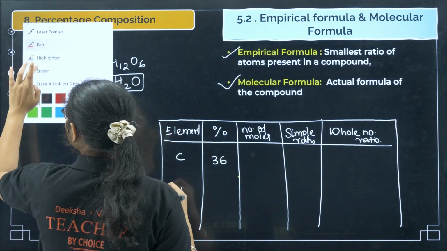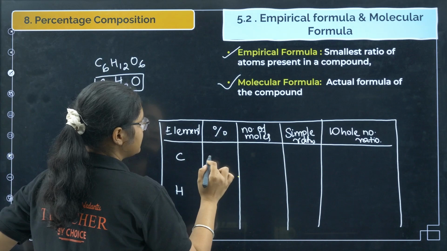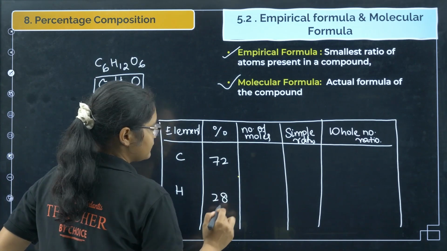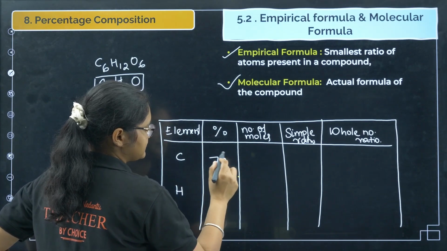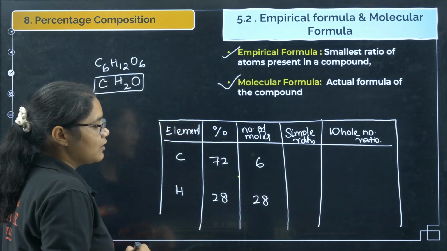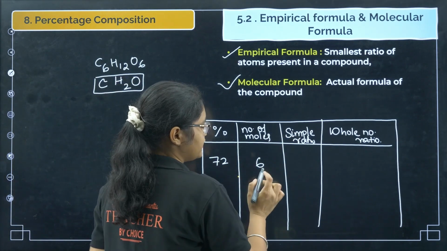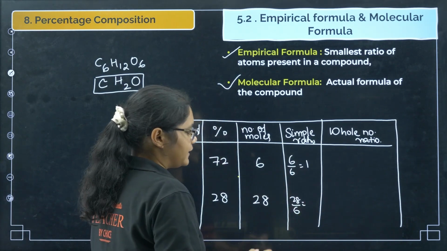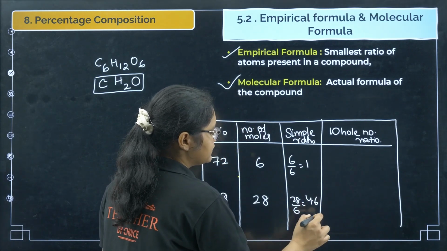Sorry, not like this, one second here. So for example, in some element carbon is present 72% and hydrogen will be 28%, right? Now what is the number of moles of carbon here? So carbon molar mass is 12, so 72 divided by 12, that is 6, and this is 28 divided by 1, that is 28. Now when you want to find the simple ratio, you have to divide the smallest number with both of them. So 6 is the smallest number, so 6 by 6 I will get 1, and 28 divided by 6, 6 4s are 24, again 40, 6 6s are 36,